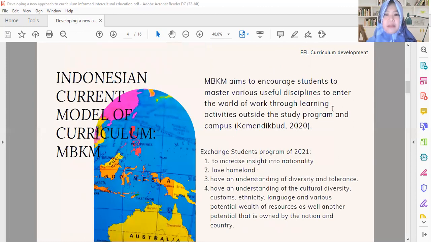And then what about the Indonesian current model of curriculum? As we know, last year in 2020, our government, the Ministry of Education and Culture, through the Directorate of Learning and Student Affairs, the Directorate General of Higher Education, continued to strive to improve the quality and relevance of graduates from the bachelor programs. And they launched this curriculum program, MBKM, Merdeka Belajar Kampus Merdeka,